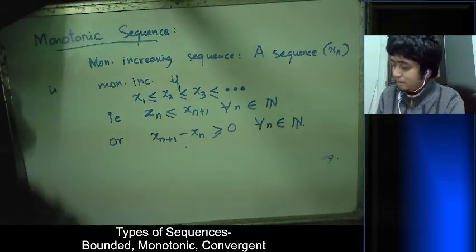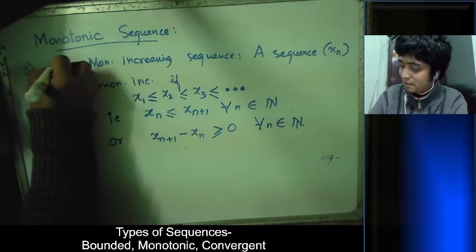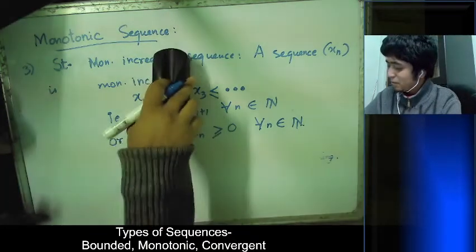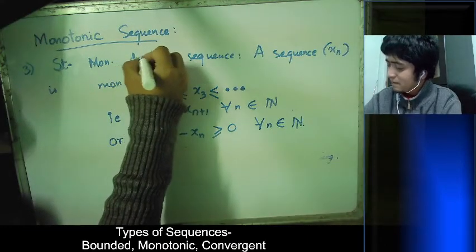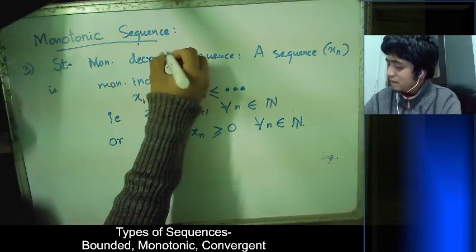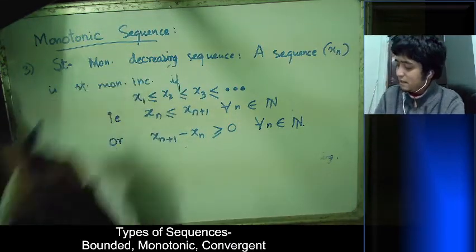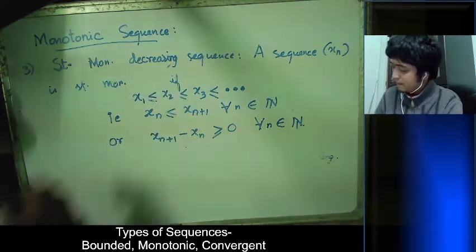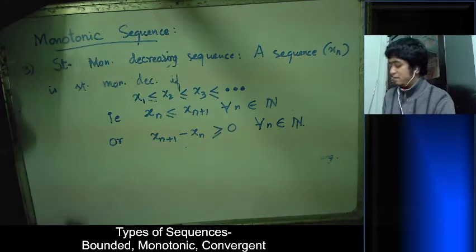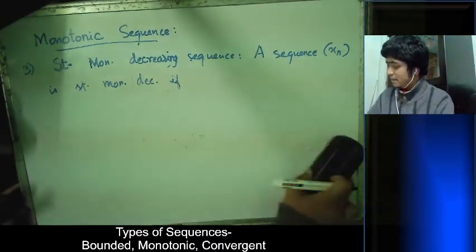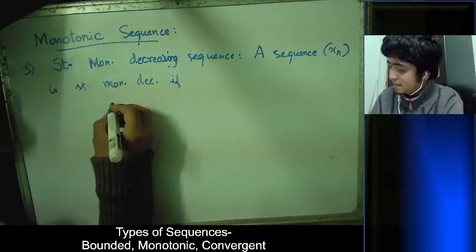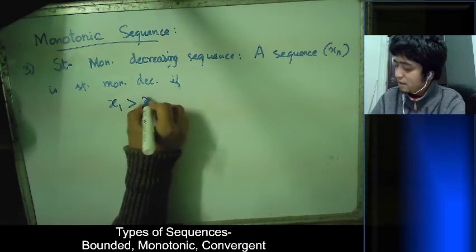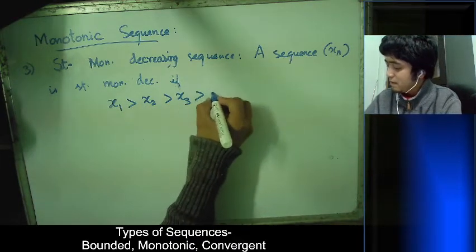Okay, the third one, we can similarly define it. It is a strictly monotonic decreasing sequence. If it is decreasing, then all the inequalities will change. The first term will be the biggest term, then you can proceed in this way, and then the 3 dots,